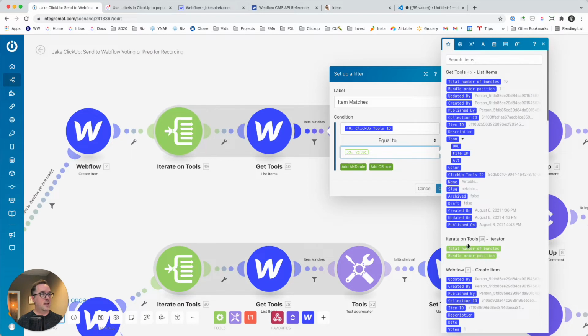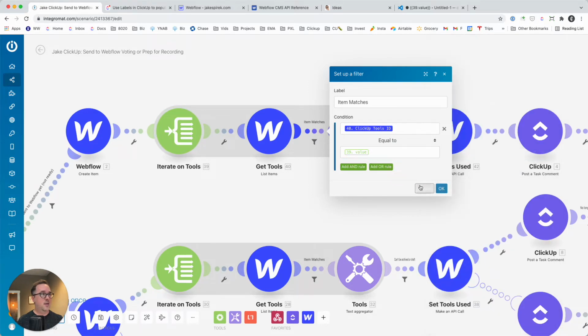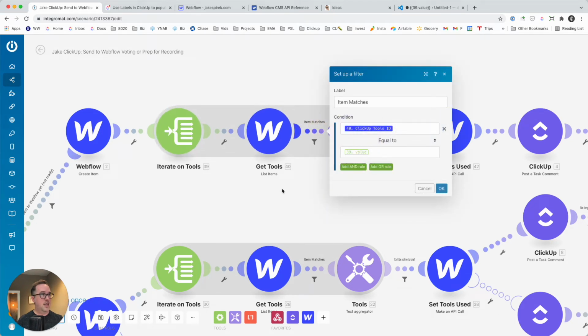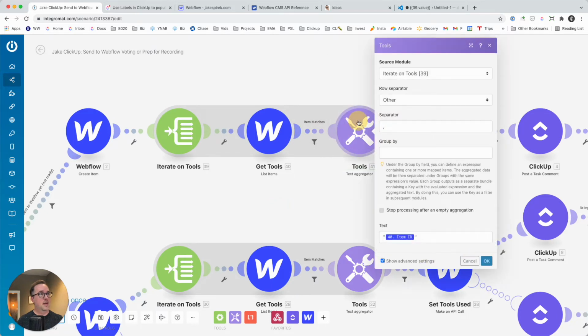For some reason, it doesn't give me that option here. So when you run it, you'll have to look and see what's in there, and I'll show that in a second. And so if that ID matches that value,